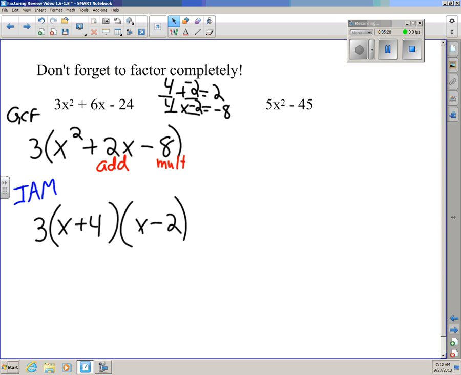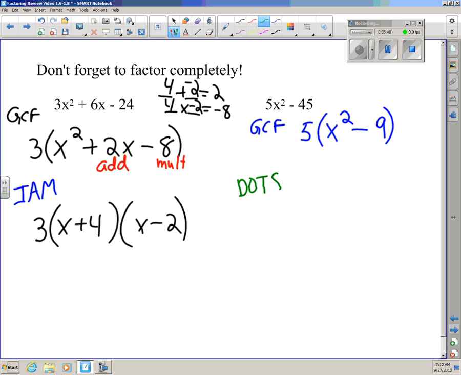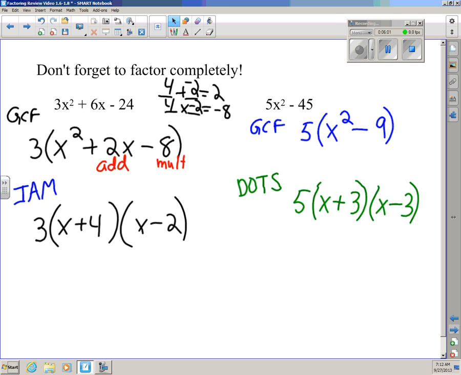Now the next one is a binomial. And I think I can use the GCF again and factor out a 5, leaving me with x squared minus 9. Now look at that binomial and think that 9 is a perfect square, so I could use the difference of 2 squares. X squared minus 9 is going to factor into x plus 3 times x minus 3. And don't forget the 5. The GCF is still on the outside of the parentheses,